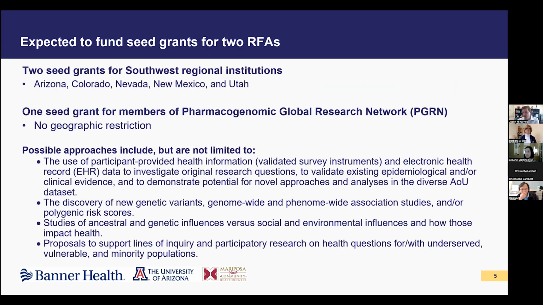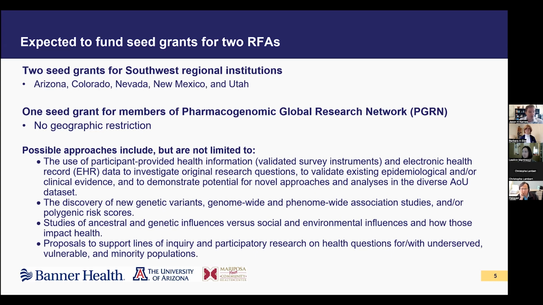There's actually two RFAs, and you may have received one or the other. We're expecting to fund two seed grants for Southwest regional institutions for the states that are listed here. If you're in one of these states and you're at an institution, it doesn't have to be academic, but it has to have an approved DUA for All of Us researcher access. And that is a condition of access to the data,